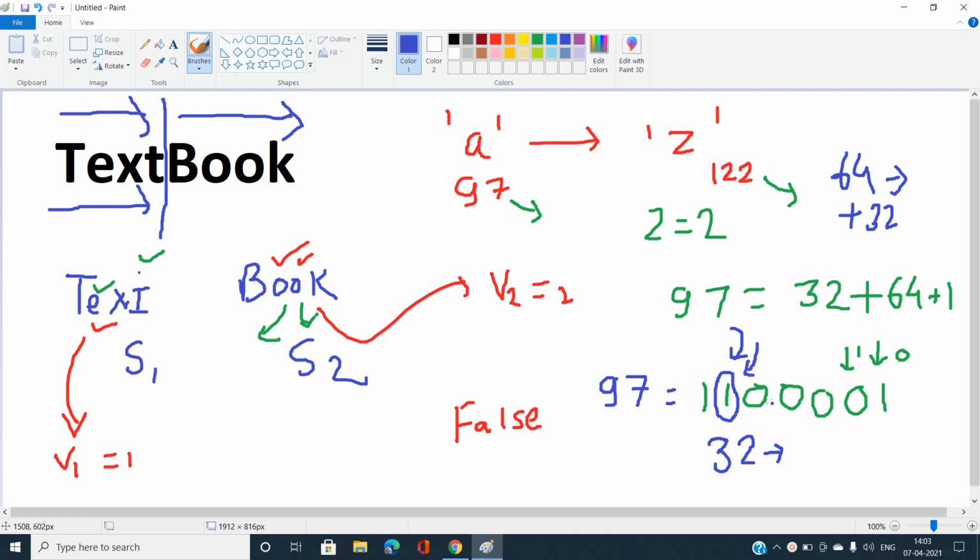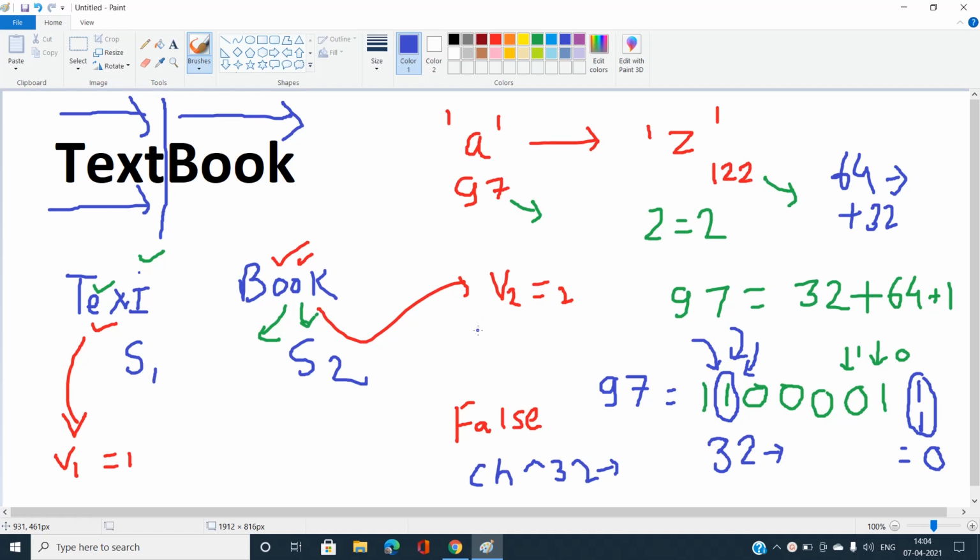So what does this signify? It signifies that we can easily convert small a characters to capital A characters by taking the XOR of the character ch with 32. It converts the lowercase characters to uppercase characters. Why? If 1 is present there and you take XOR with 32, it's 1 and 1, and when the bits are the same, the answer is 0, which is nothing but subtracting 32. So the lowercase character is automatically shifted to the capital case character.